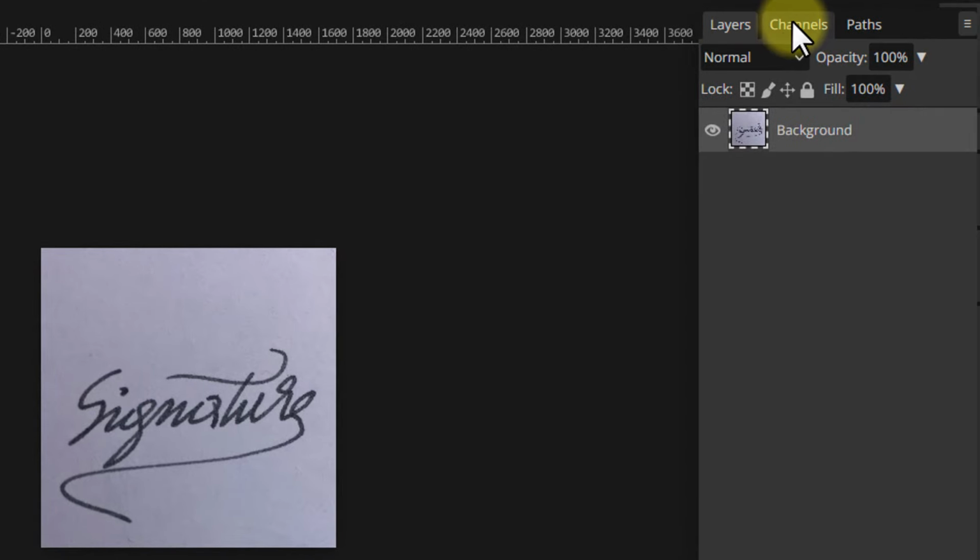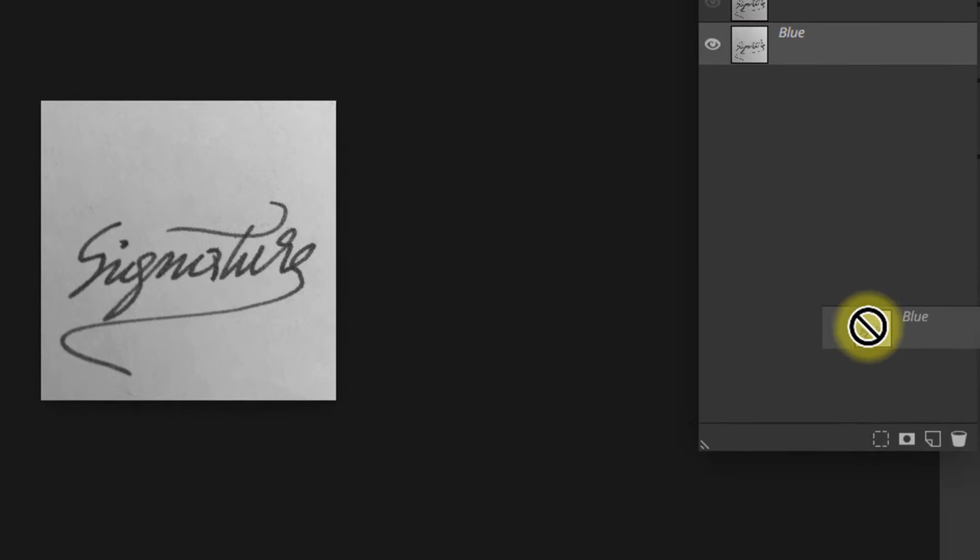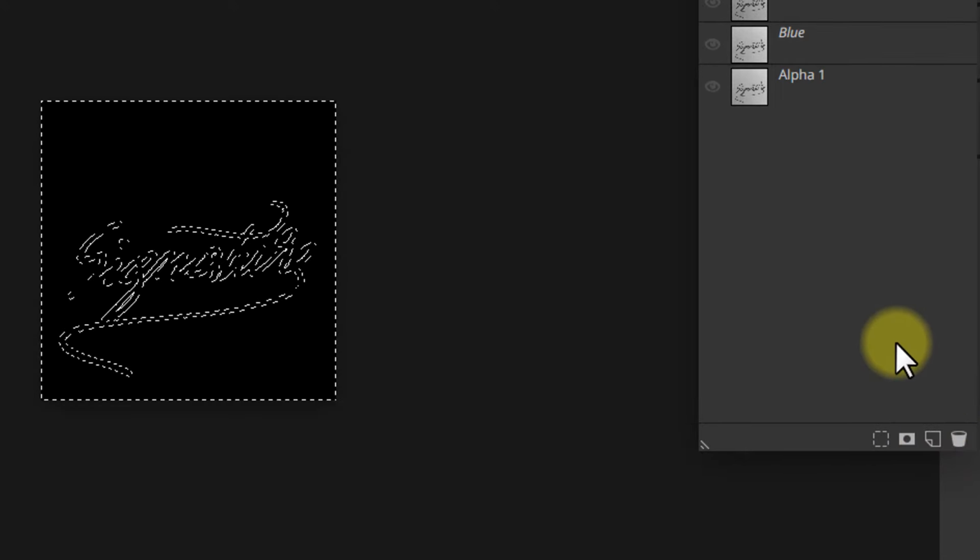Head over to the channels panel and select the channel that has the highest contrast between the signature and the paper, which is usually the blue one. Make a copy of it by dragging it to the new icon below. This will create a new channel called Alpha 1. With this channel selected,